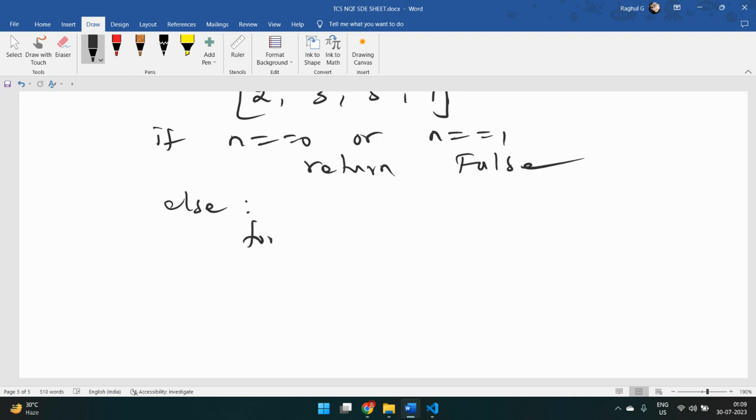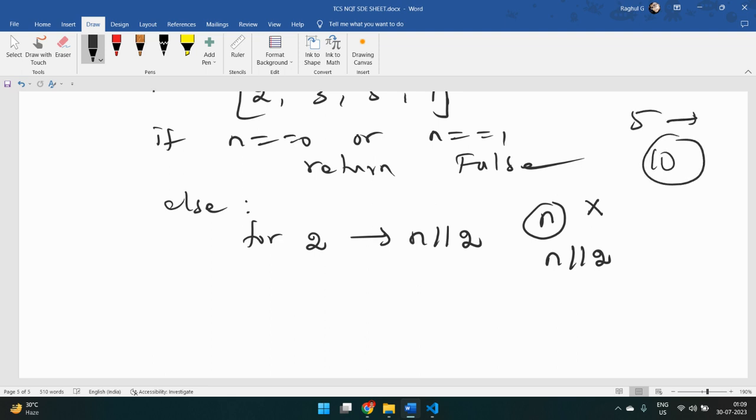So I'm going to start the loop from 2 till n divided by 2. Why do I make sure of that? This is a very important thing, guys. Some of them will run the loop till n. Don't do this. Loop only till n divided by 2. Why? Because after n divided by 2, none of the numbers is going to divide it. If I take 10, after 5,